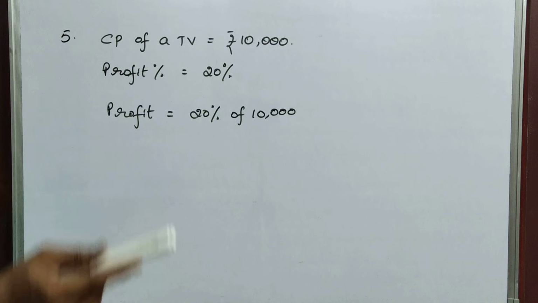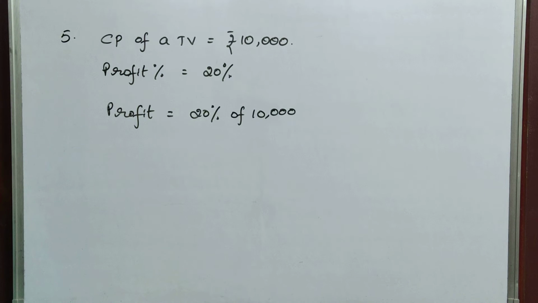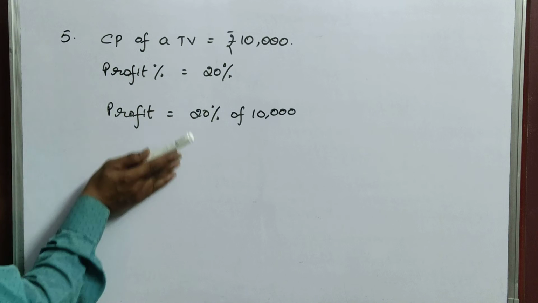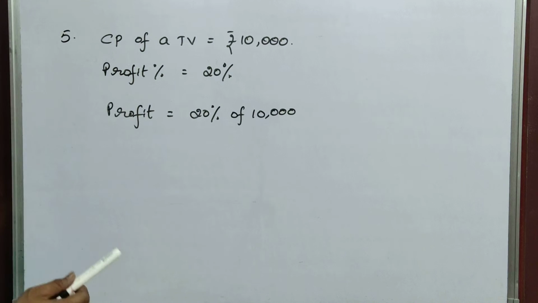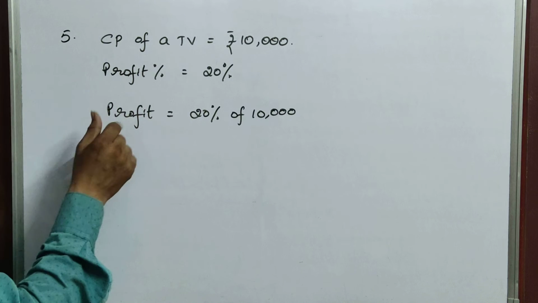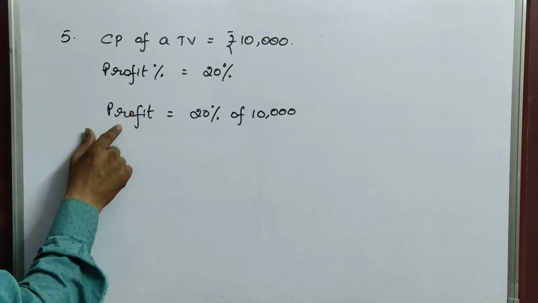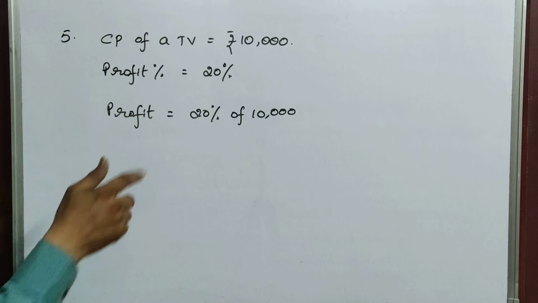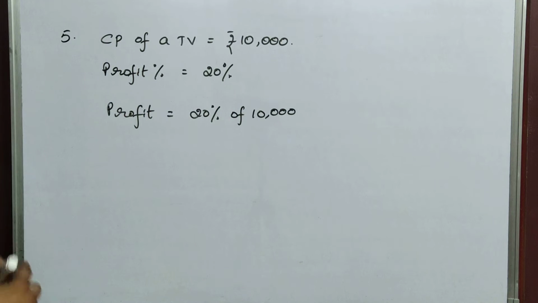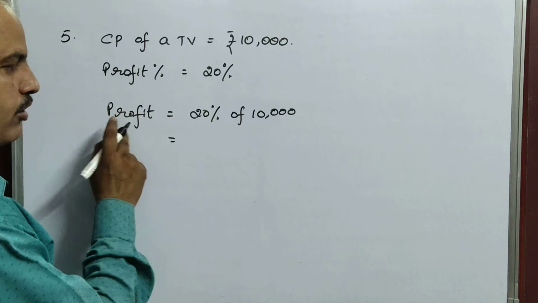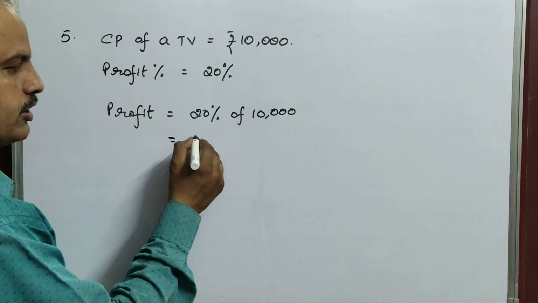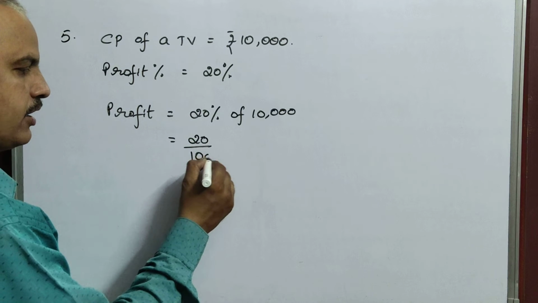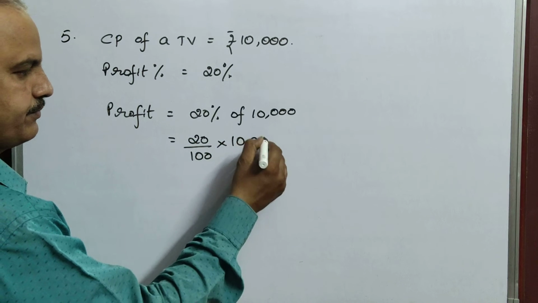Okay, but if you go to high school, we have a direct formula. That means in 8th standard you also have a direct formula to find SP. But here we have to do it in this process. So first of all, how to find profit? Clearly he mentioned in the question you got a profit, but how much? 20%. Out of how much did you get 20%? Out of 10,000. So 20% means 20 by 100 into 10,000.